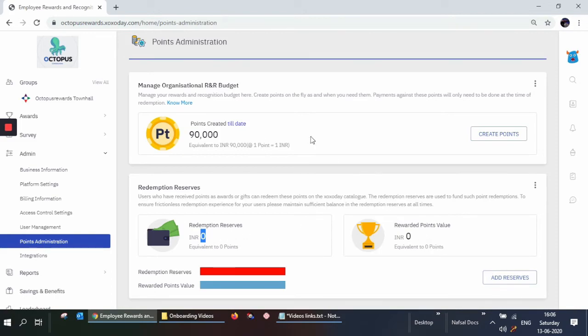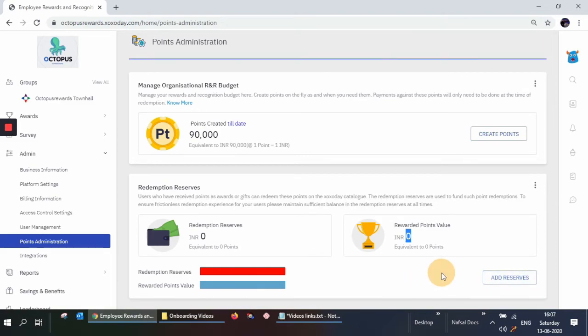Now, if you start awarding the employees in the form of awards, gifts, etc., you could see the total points awarded to the employees over here. Currently it's 0 because you have not awarded anyone. If you want to add reserves, like I said, click on add reserves.